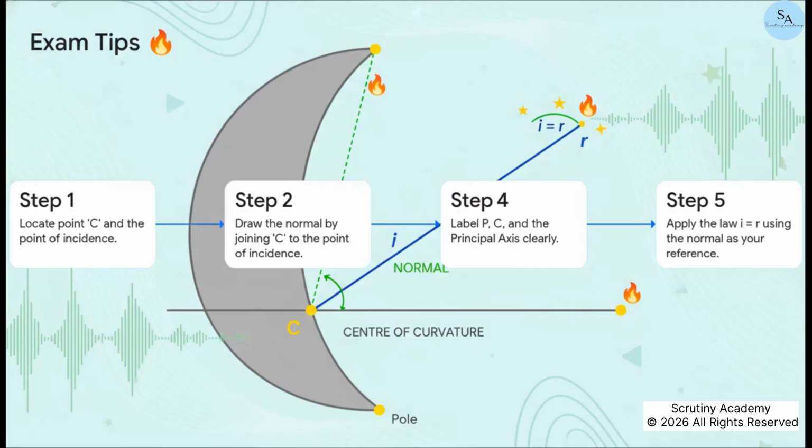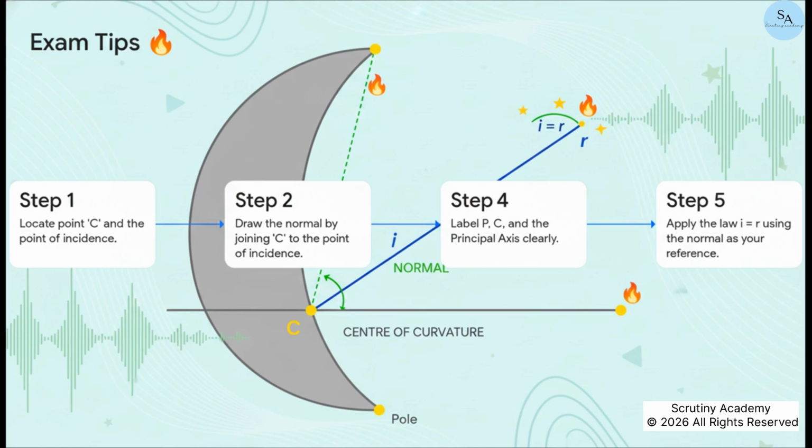So, here's your foolproof 4-step process for the exam. Step 1. Find your center of curvature C and the exact point where the light hits the mirror. Step 2. Draw the normal by simply connecting C to that point with a straight line. Step 3. Clearly label everything. P, C, the principal axis. And finally, Step 4. Now and only now you can apply the law i equals r using that normal line